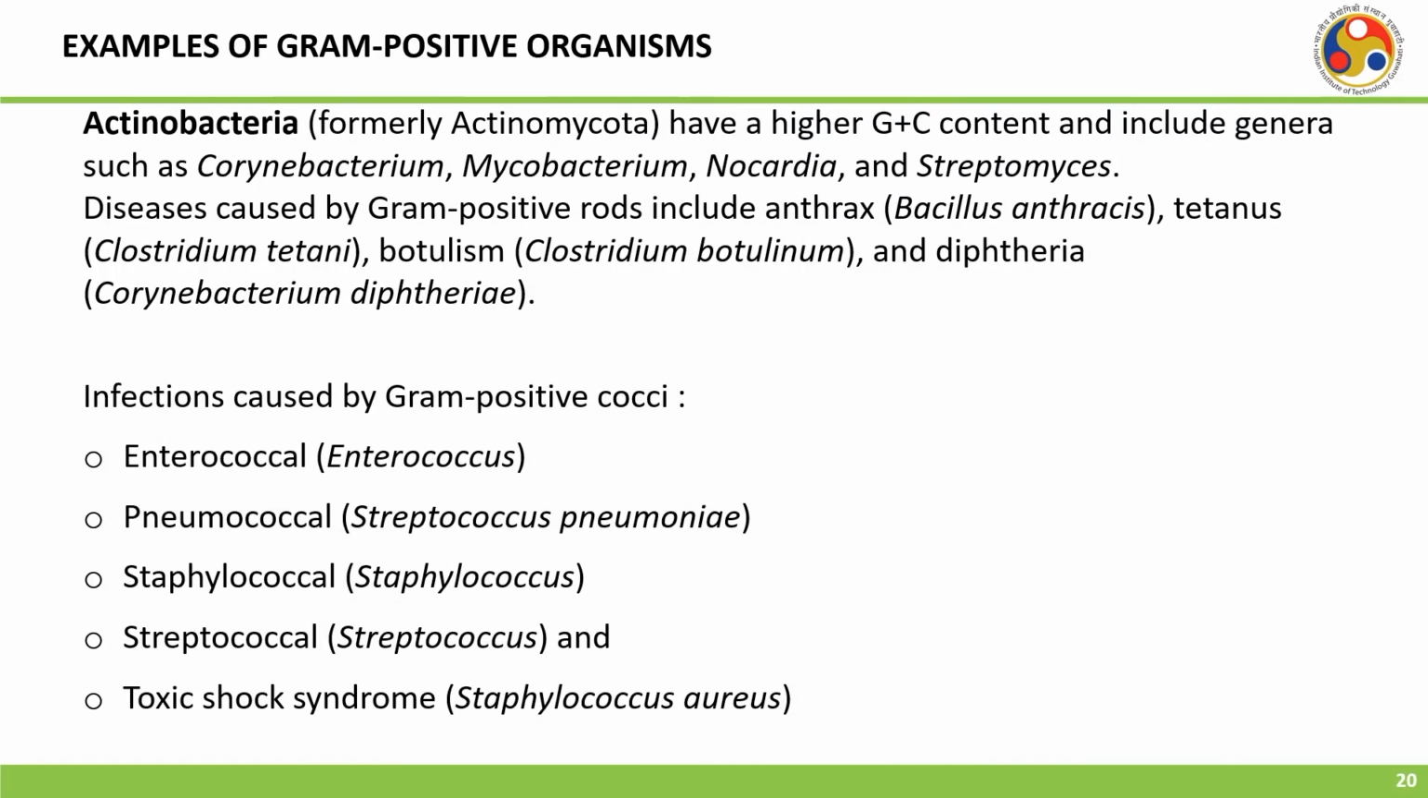Actinobacteria, which was formerly known as Actinomycota, have a higher GC content and include genera such as Corynebacterium, Mycobacterium, Nocardia, and Streptomyces. Diseases caused by gram-positive rods include anthrax, Bacillus anthracis, tetanus, Clostridium tetani, botulism, Clostridium botulinum, and diphtheria, Corynebacterium diphtheriae. Infections caused by gram-positive cocci can be summed up as enterococcal, pneumococcal, staphylococcal, streptococcal, and also toxic shock syndrome